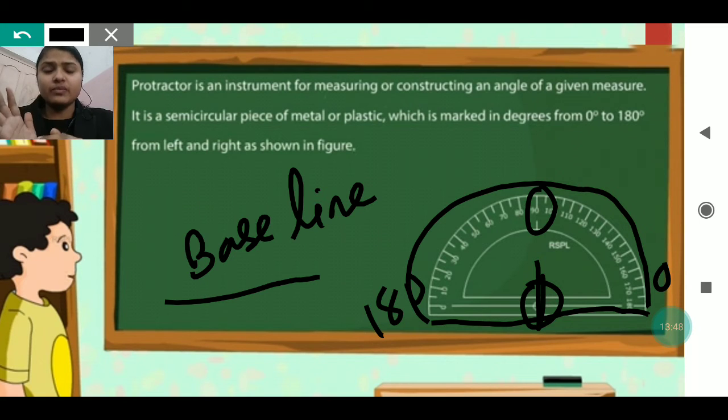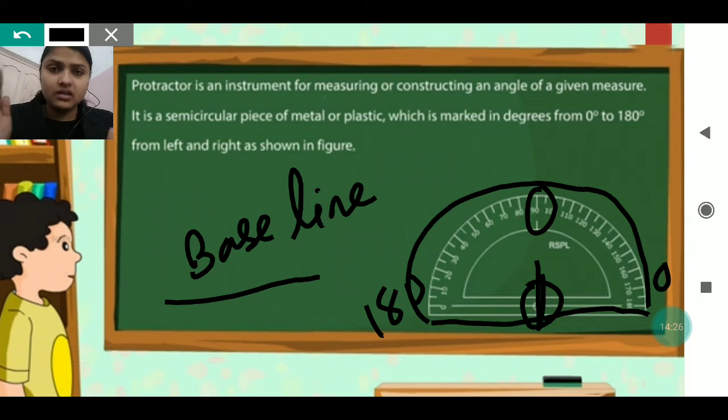Okay, the point where the two rays meet or intersect is called the vertex. That is where the angle is formed. So we will keep the protractor on the vertex, and then we can do the measurement by seeing the degrees on the protractor where the arms are lying. The degree of any angle depends on how much the arms of the angle are closed or open. If the arms of the angle are closer,